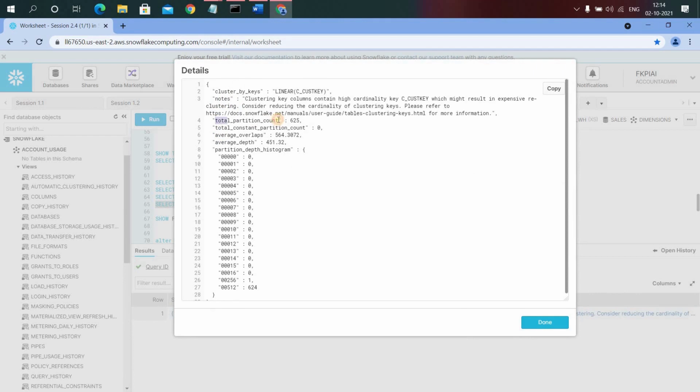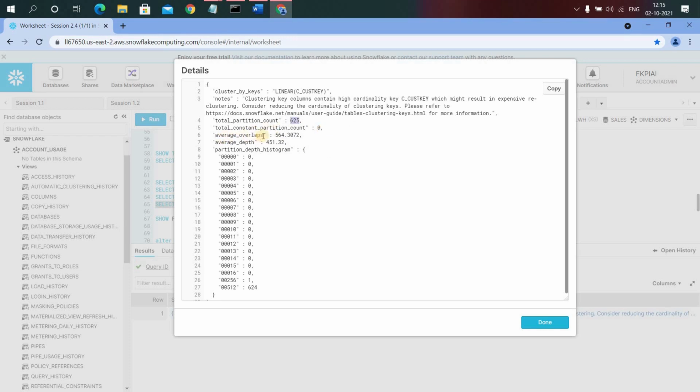What it is saying is the total number of micro partitions for this particular table is 625, and the total constant partition count is 0, meaning if you do the reclustering, all 625 micro partitions will get the benefit. It specifies the number of micro partitions which will not get the benefit if you do the reclustering.